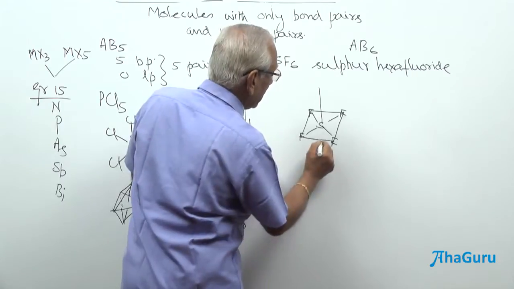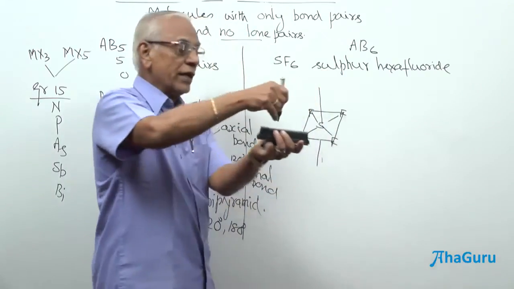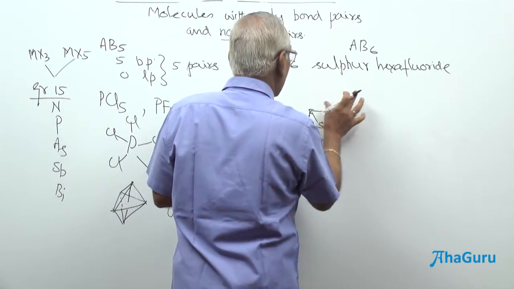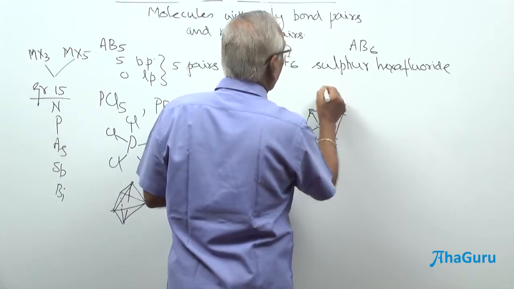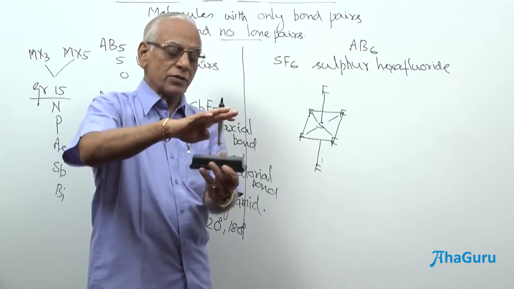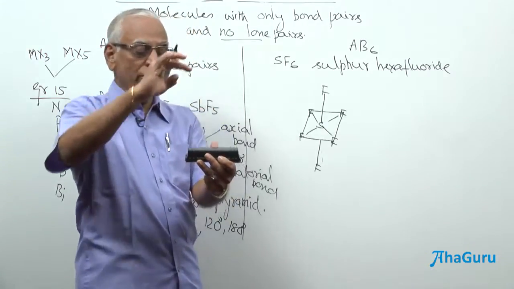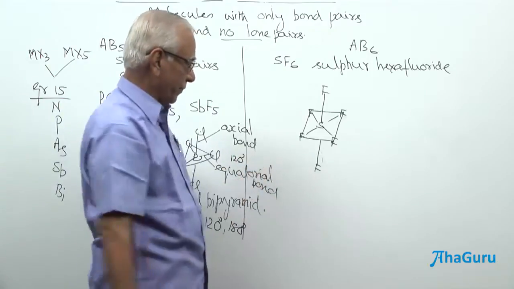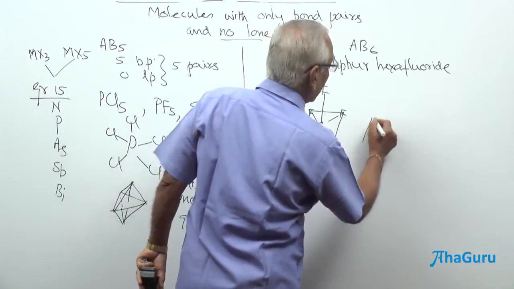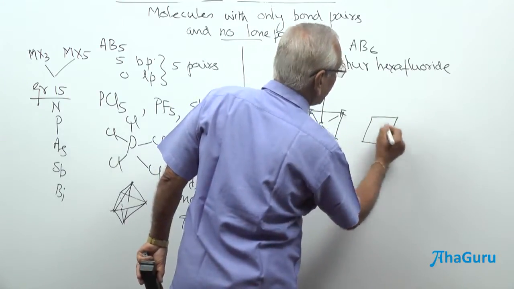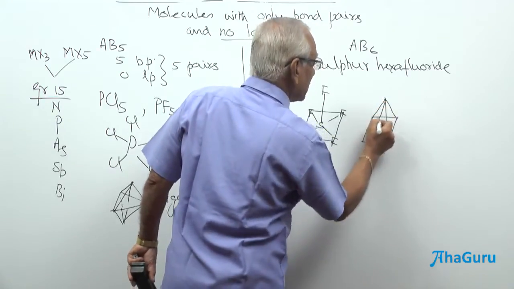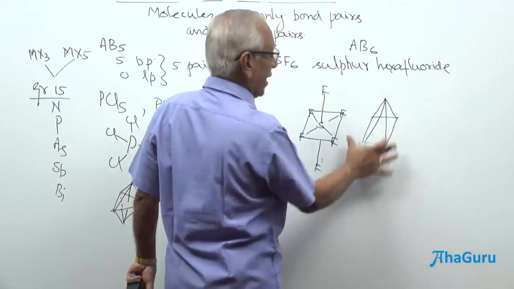As usual, I have an axial perpendicular to this plane, and that could be a fluorine here and a fluorine here. You see here, if we are going to visualize a square here, there is going to be an axial, there is going to be 1 fluorine above and 1 fluorine below here. And what is the shape here? Now, how do I draw the shape? I have a point here. How does it look like here? It looks like a prism, square prism.